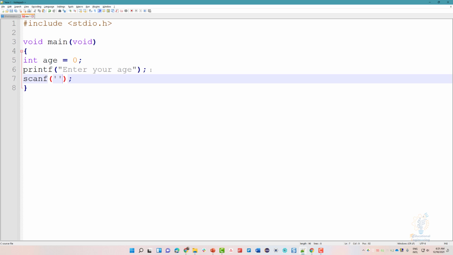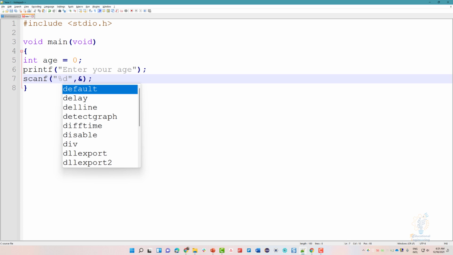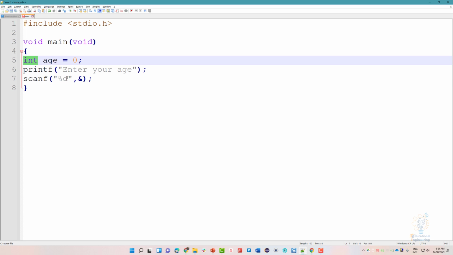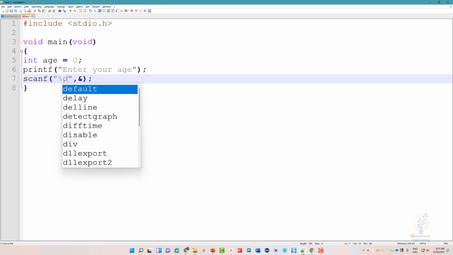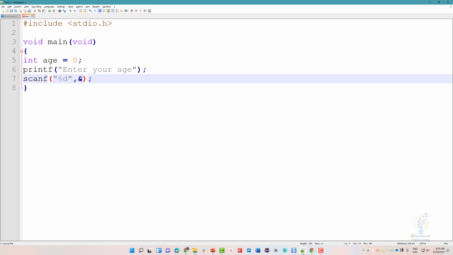Now the first part is the double quotation marks, the comma, and the & sign in the second part. Now between these two double quotation marks, depending on the variable type, we must add a format specifier. Here it will be %d. If this is a character, it will be %c. If it is a float, it will be %f, as we already mentioned. So we'll add %d, and here we will add the & sign, and the variable name,